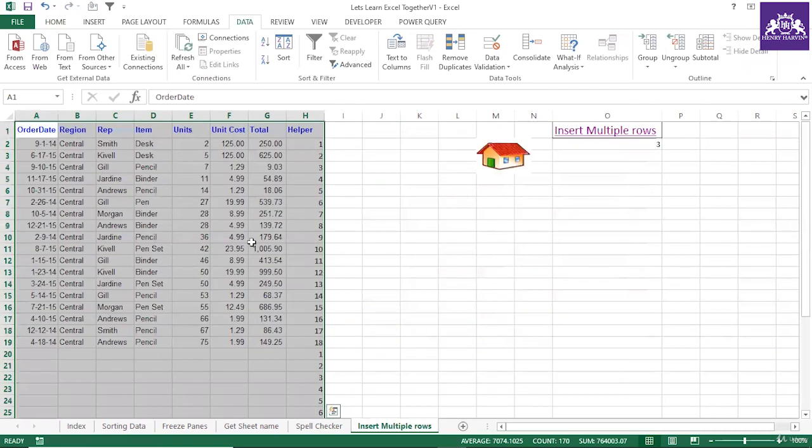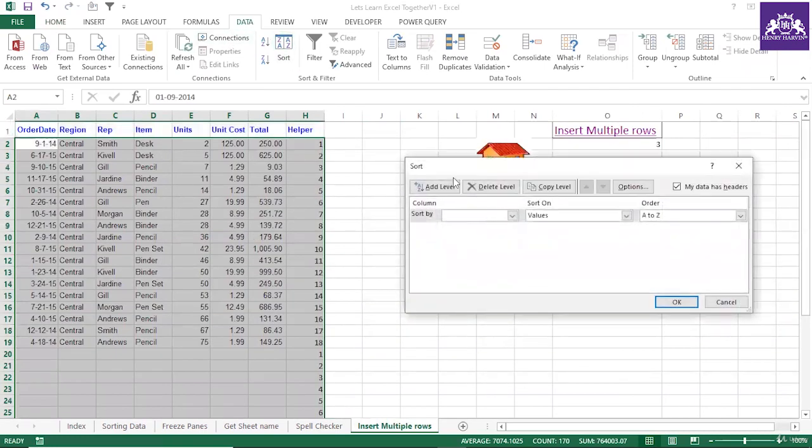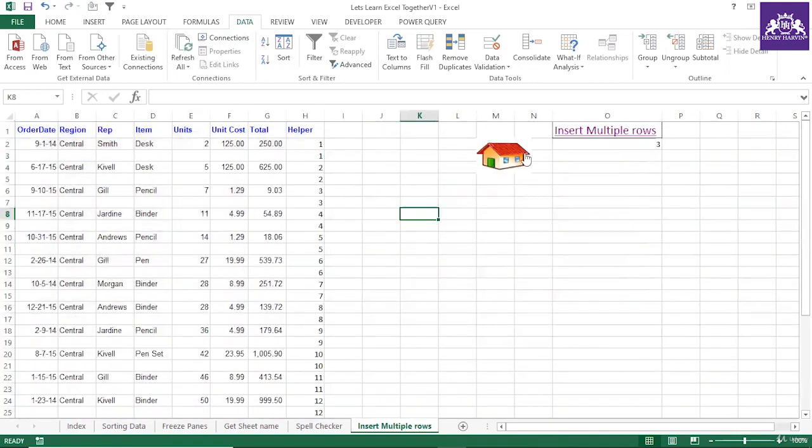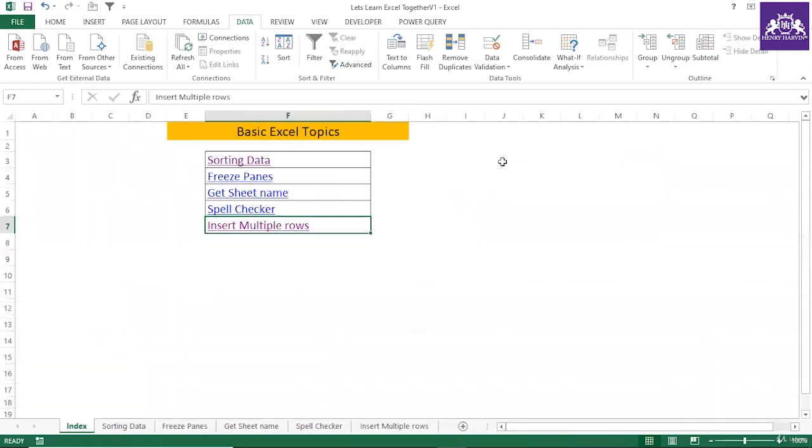It will select everything. Then you can do the sorting, and you can do the sorting to your requirement. All right, guys, this is how you can achieve the task. I hope you found this useful. Let me jump to next topic. So we have covered this, guys. Okay. Now